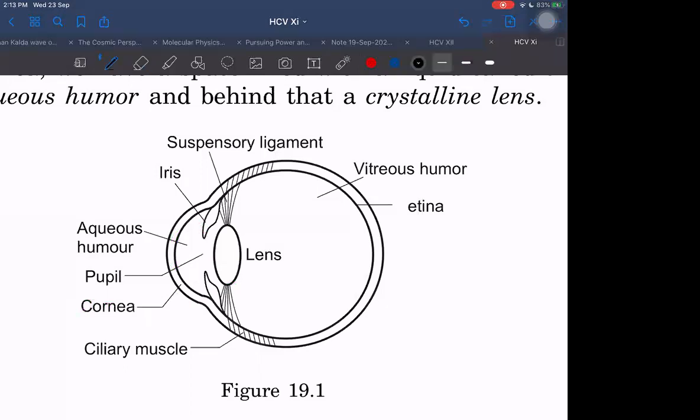Sometimes we don't worry about the cornea. We take effectively just this lens only. When they say just one lens, then you have to take only that lens into consideration. If they give only one lens power, don't strive searching for the other power.